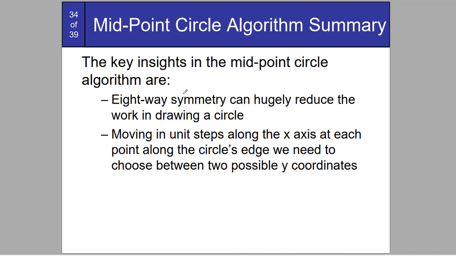Now, what do we learn? I will just finish my lecture. What we learn is that 8-way symmetry can hugely reduce the work in drawing a circle. After finding one point, the remaining 7 points can be found just by changing the sign or changing the position of x and y, and also moving in unit steps along the x-axis. At each point along the circle's edge, we need to choose between two possible y coordinates, either decrease it or